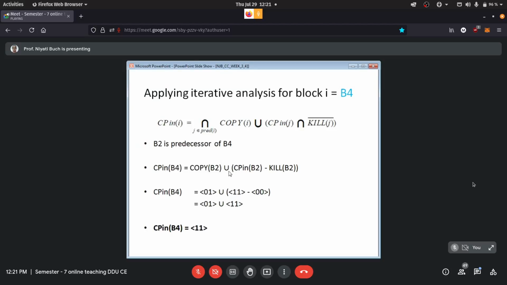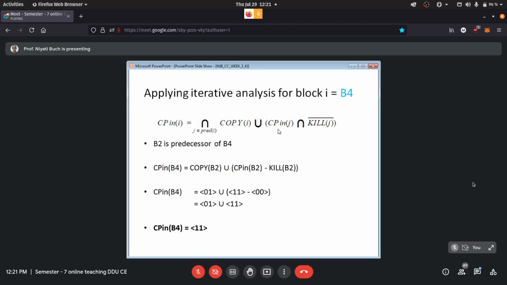We are not using the new value, because we have combined the equation over here. We are not making a comparison of the old value and new value for out. We are only focusing on in. That is why you will observe that for every block, we are taking the old value. We are not taking the newly computed value.